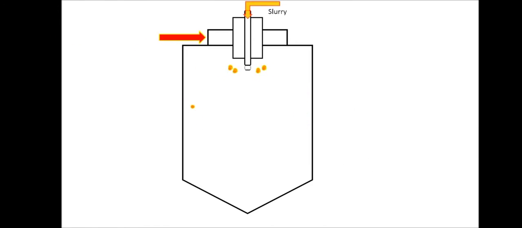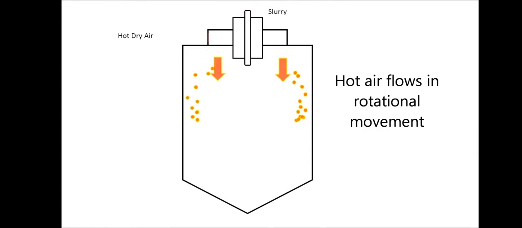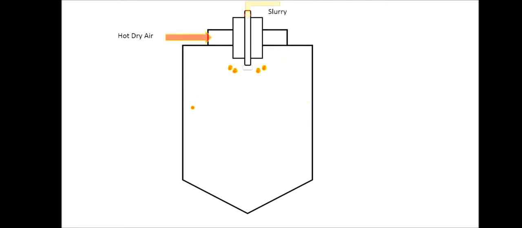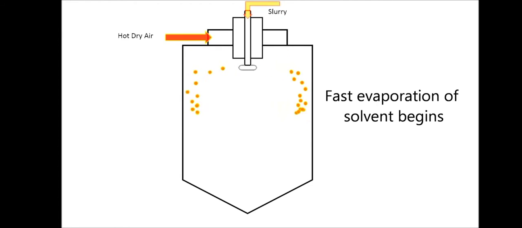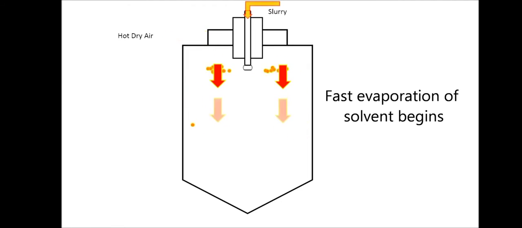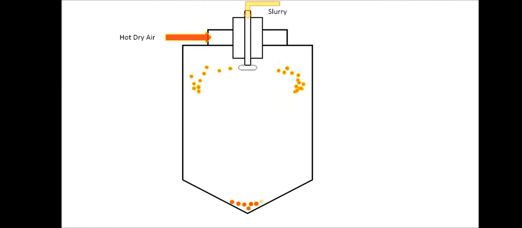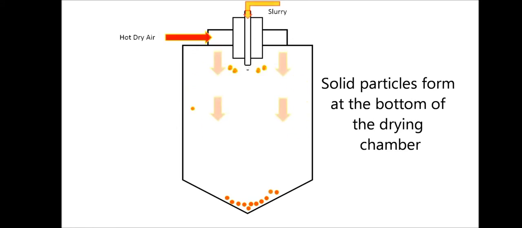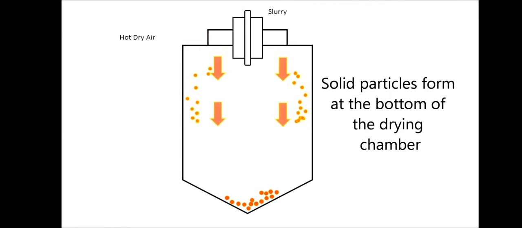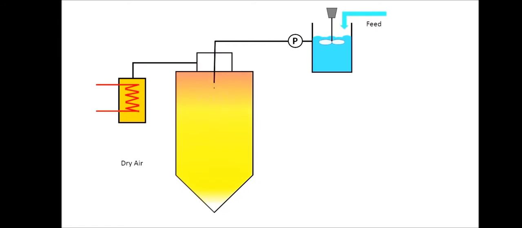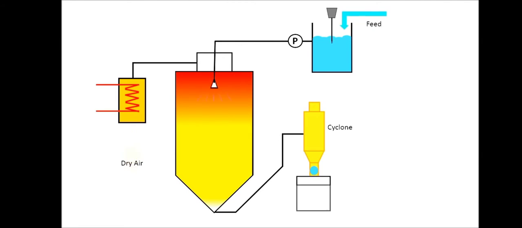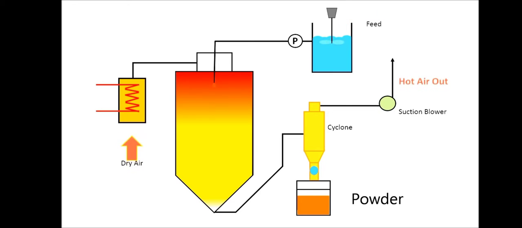The hot air flows in a rotational movement and hence it is evenly distributed in the whole chamber. When the hot air is in contact with the liquid mist, fast evaporation of solvent begins. When solvent evaporates from the droplet surface, solid particle forms and falls to the bottom of the drying chamber. The hot drying gas flows through the spray drying chamber and carries the product to the cyclone. Powders are then extracted from the cyclone and the hot drying air is eliminated to the atmosphere through a suction